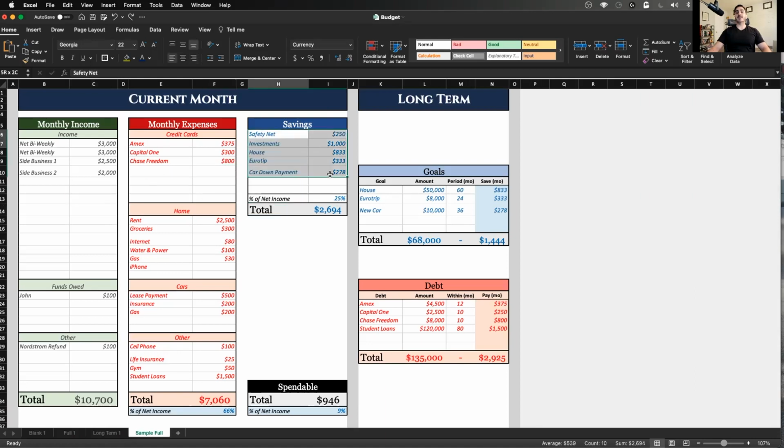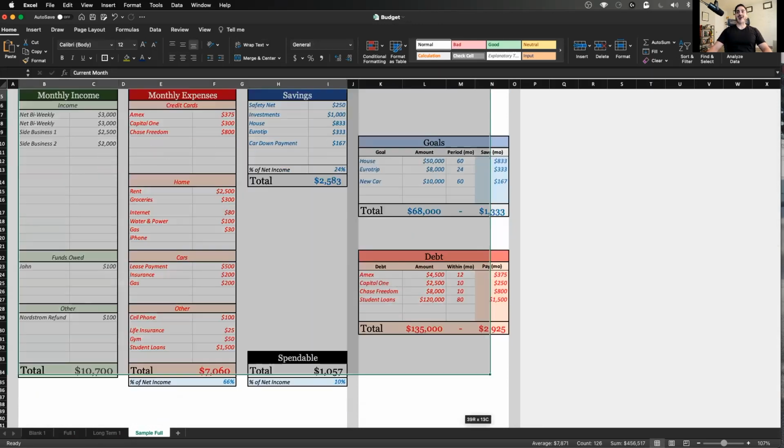And lastly, you look at savings to see, okay, maybe the car down payment, maybe I'm trying to save for that too quickly. I'll do this in 5 years instead of 3 years, right? So we change the period from 3 years, 36 months, to 5 years. And I want you to look on the right side here. So 278 a month turns into 167. So that's $100 right there, right? If your new car is now going to take 167 a month, we update it on this side as well. And you see you have a higher spendable amount for that month.